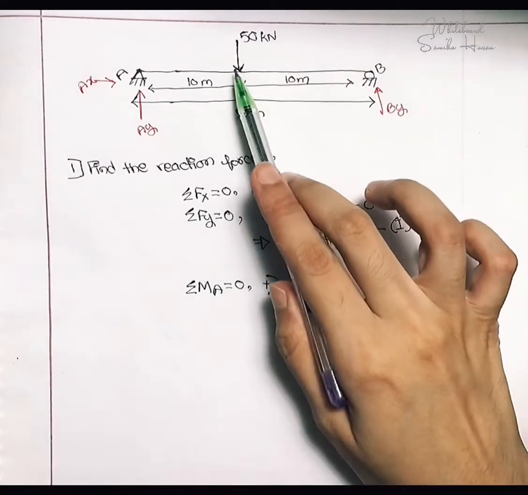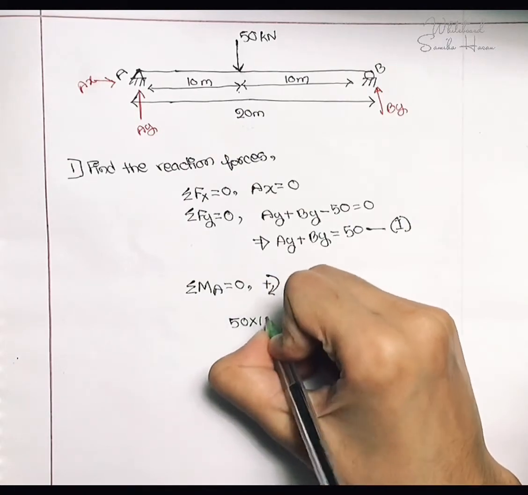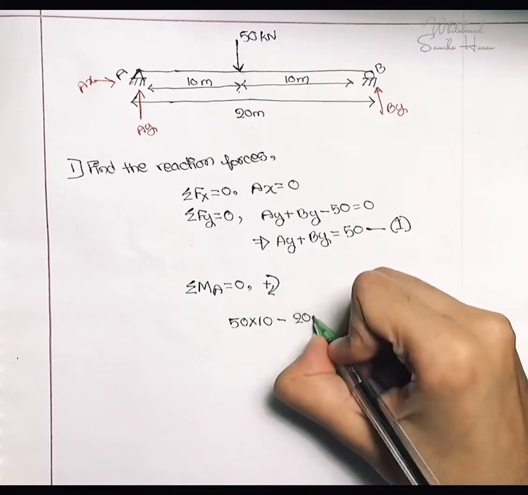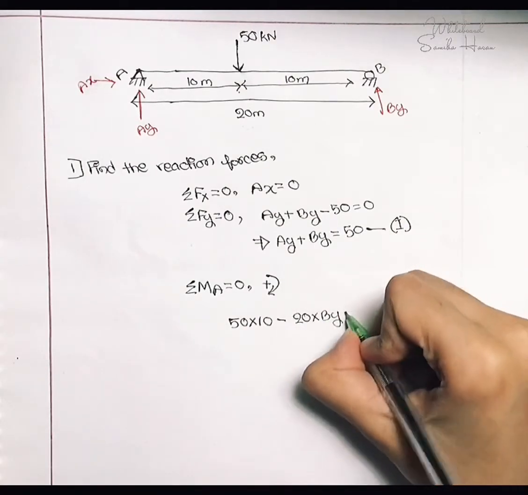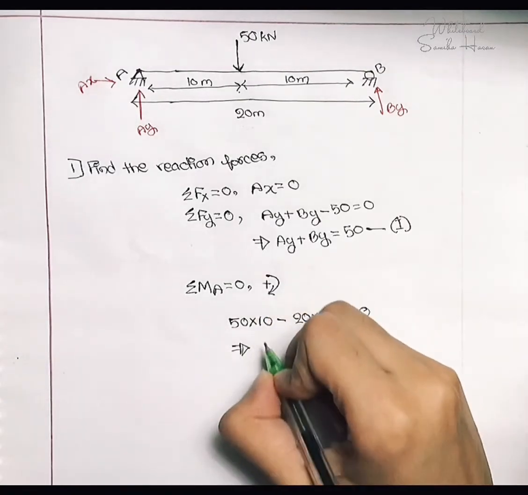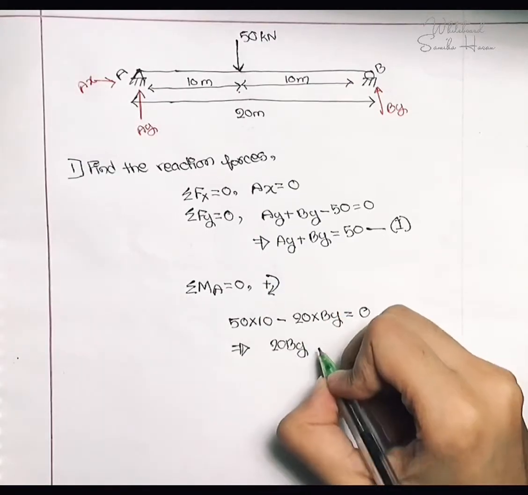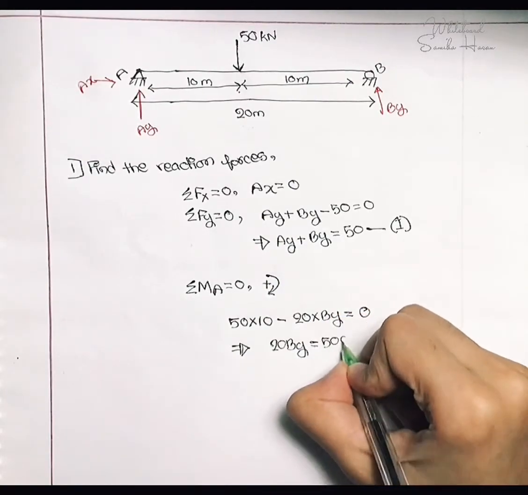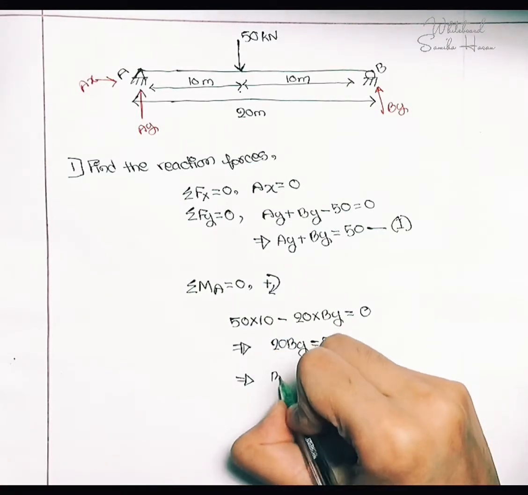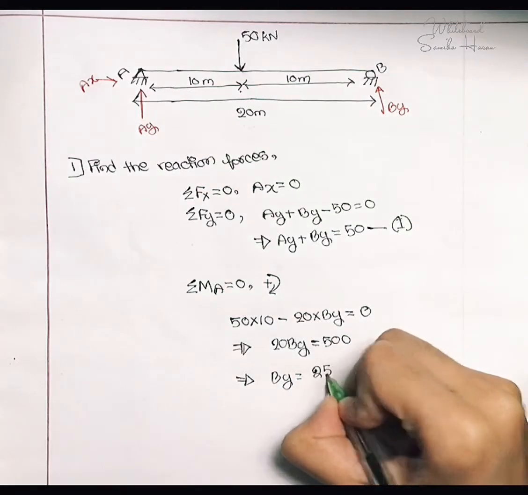Then I will have 50 into 10 minus 20 into By is equal to 0, so 20 By is equal to 500, and After that By is equal to 25